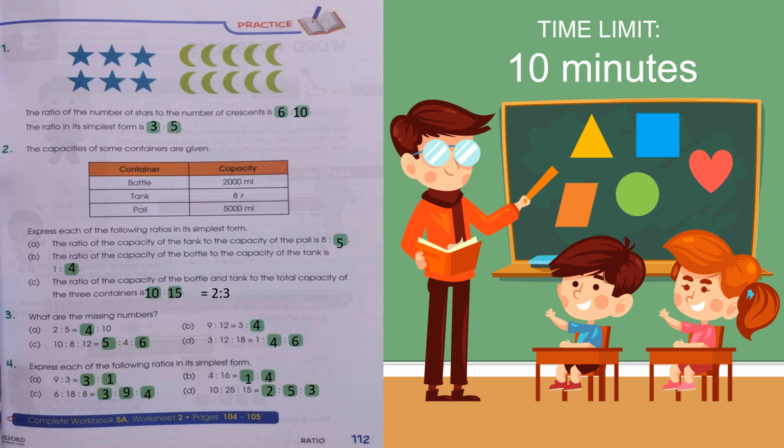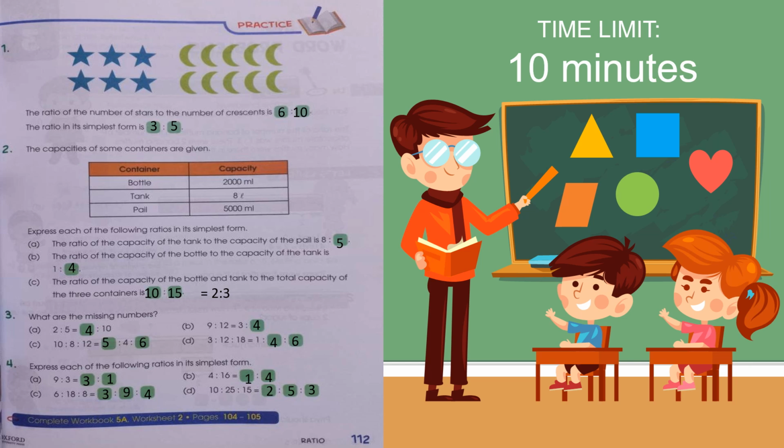Because we have to make the units the same. So we have converted milliliters into liters, and we know that 1 liter is equivalent to 1000 milliliters. So 5000 milliliters is equivalent to 5 liters. So here we have a ratio equal to 8:5, and there is no common factor, so we cannot